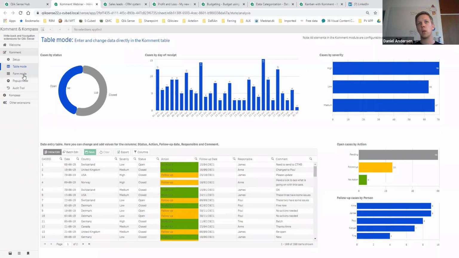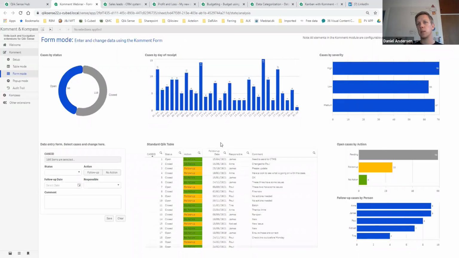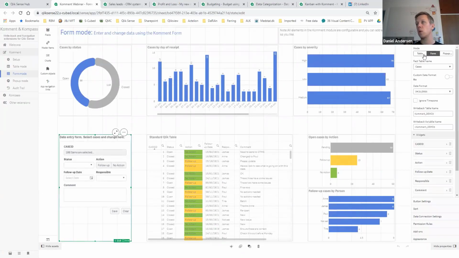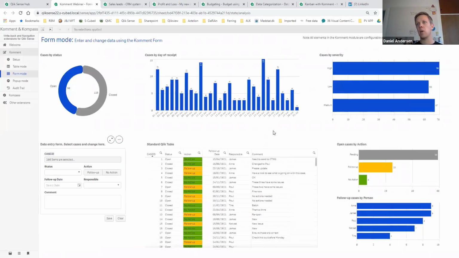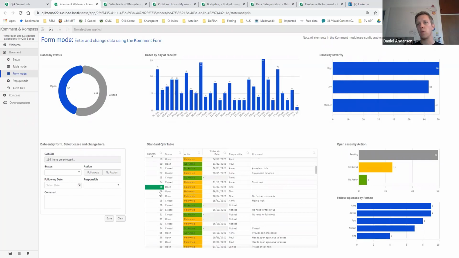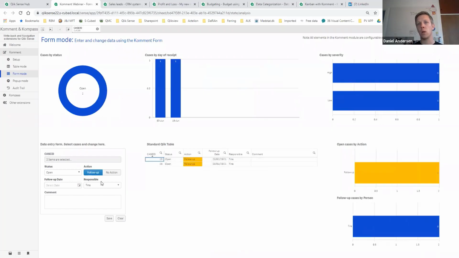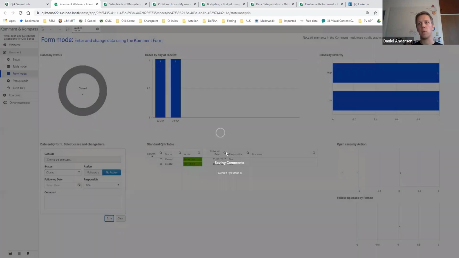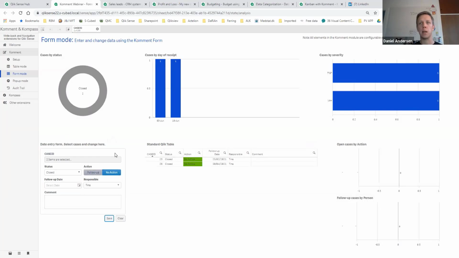So let me show you quickly the form mode here, because it's the same extension. Now it's just in a form instead, as you can see here. So the only change is here I have changed the mode to a form mode. And then I now rely on being able to select specific records in my data model. So I could do it from here. I can do it directly from the table. So I could take these two here and just say these are closed without an action and save those. So you can see it works the same way, just another way of basically setting it up depending on your use cases. And the third